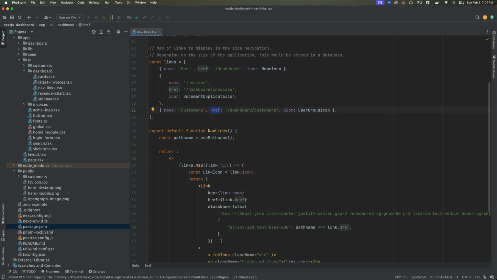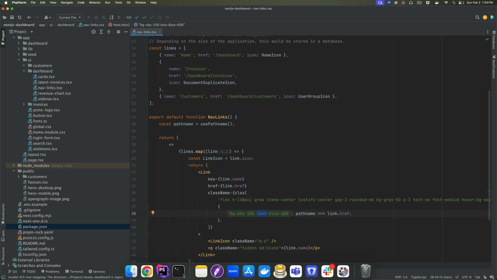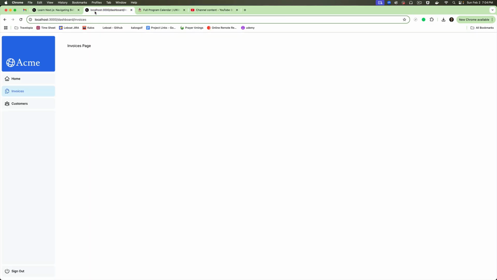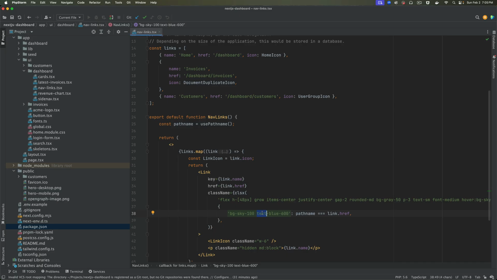And then you have the className. Here we have some Tailwind classes, but we also have something like, if the pathname equals the link, then go ahead and highlight that in a different way. If you take a look, when you click on it, this one is highlighted in a different color, and that's happening through these extra classes. So we have something available called pathname,